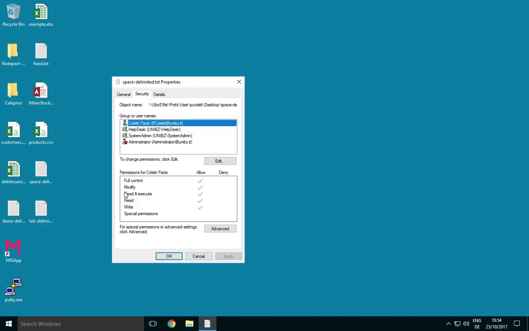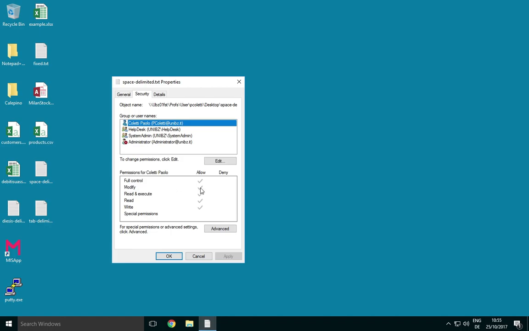Okay. Let's see which permissions are there. You can see these are not exclusive. You can have one and several others. So you're not limited to one of them only. There's a list and you flag them. Read is the same as read for Mac. I have the permission to look at a file and make a copy if I want. Read and execute makes sense only if the file is a program. If the file is a program, I have the permission to look at it and to execute it. In this case, it's not a program, so it's equivalent to read.